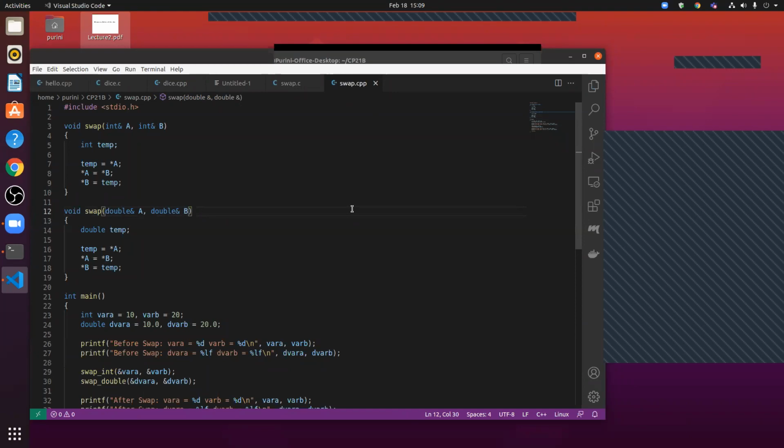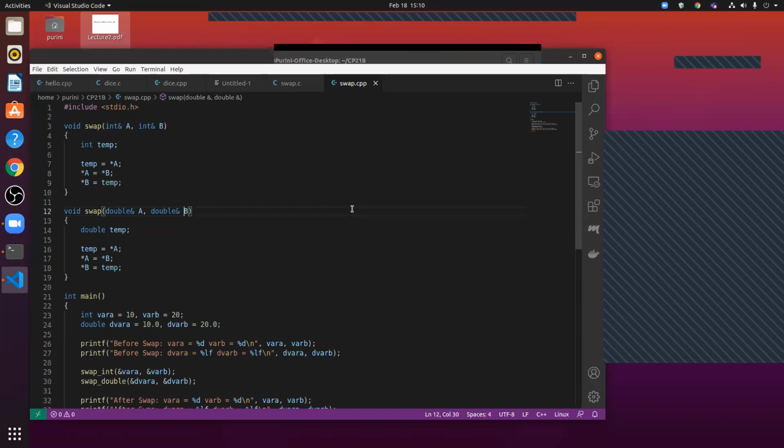The first difference I would like you to observe is that there are two function definitions with the same name, but their signatures are different. Are you with me here? First difference: two functions with the same name, but the parameter types are different.